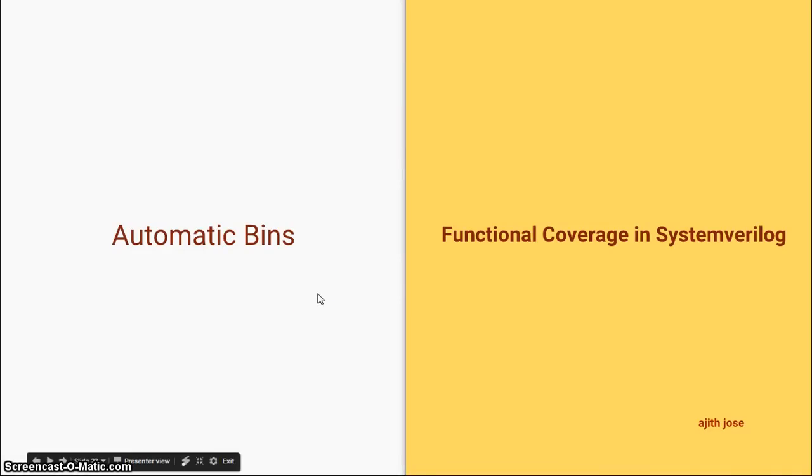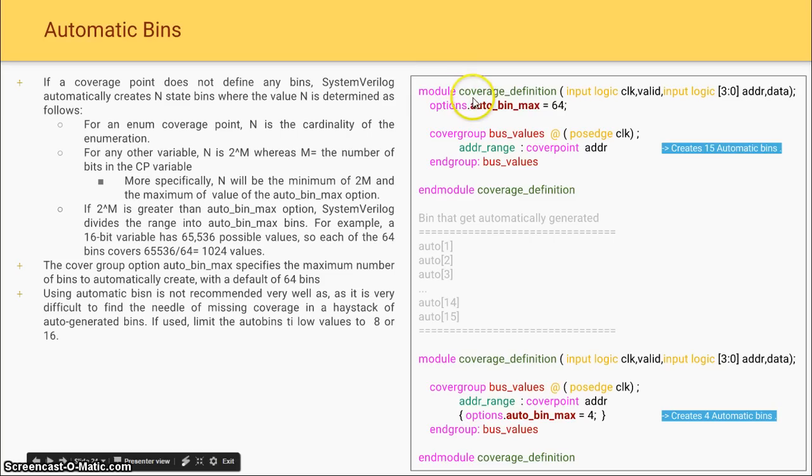Automatic bins. Till now you had seen examples specifying bins explicitly in the cover points. Now you will see what will happen if you are not adding any bins to the cover points. Consider this example. Here in the module I have specified a covergroup, bus values, which is sampling